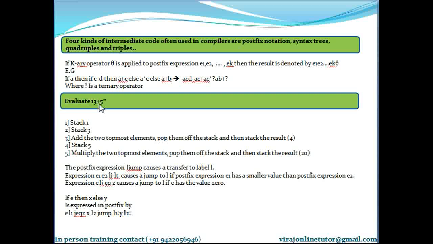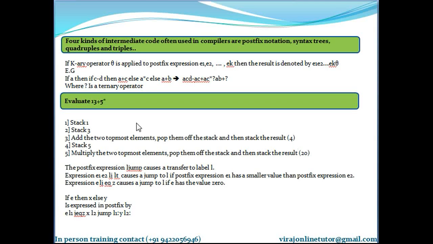The arity of this operator is binary, so pop the top two elements from the stack and add them up, because this is the addition sign. Okay, so I repeat: place 1 on the stack, then place 3 on the stack. Then you get an operator plus. What is the arity of this operator? Binary operator. Correct. So you pop two elements from the stack, add them up, and place the result on the stack.